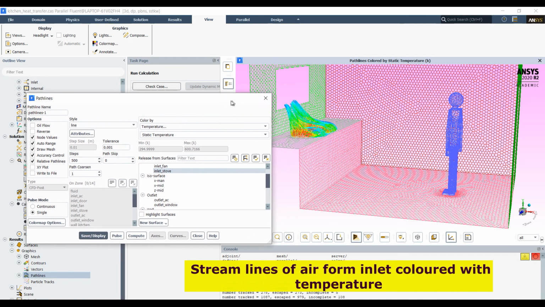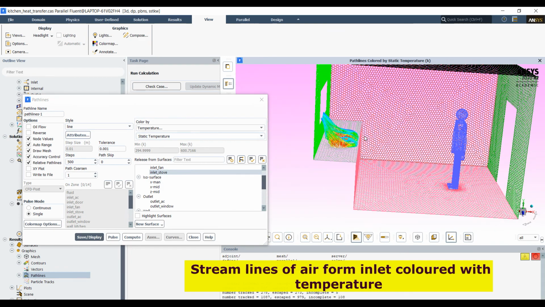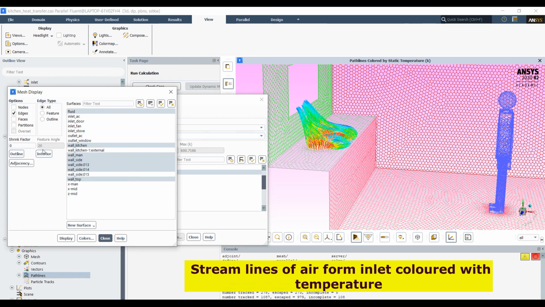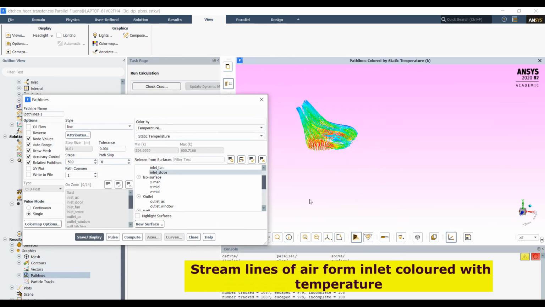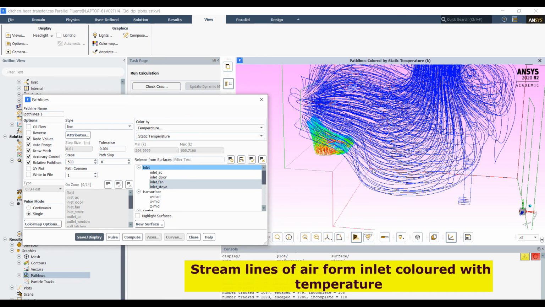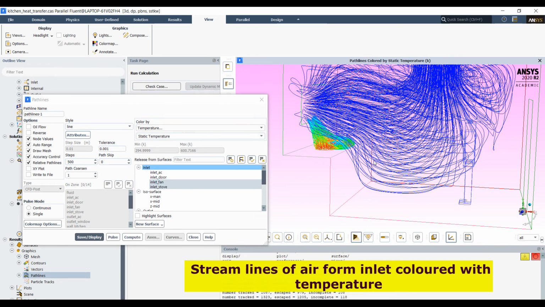These are the high temperature streamline generated from the stove. This is high temperature flue gases generated from the stove, and we can also see from the fan, because fan is pushing the high temperature flue gases toward the door. That means temperature is maintained well.